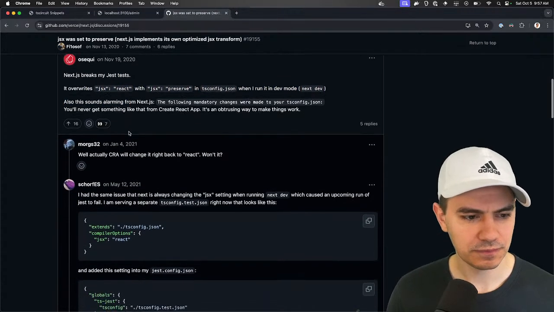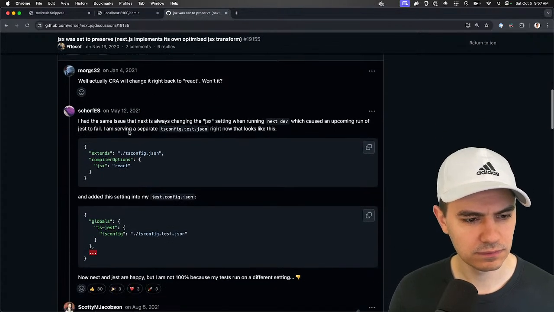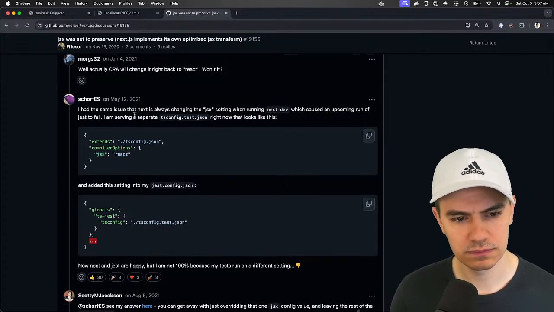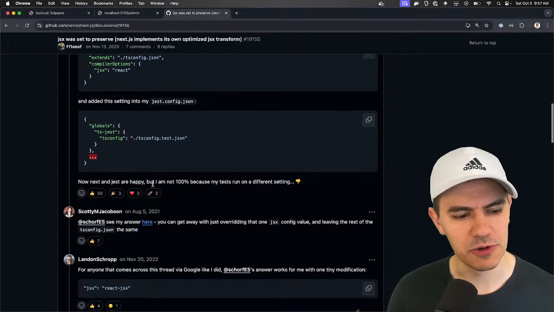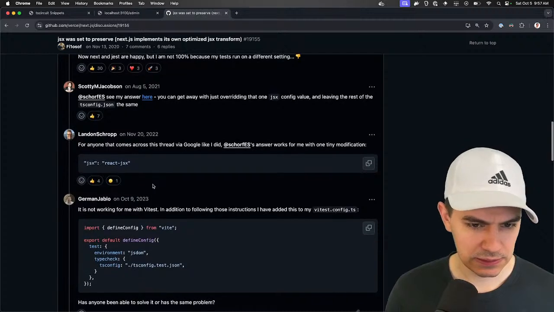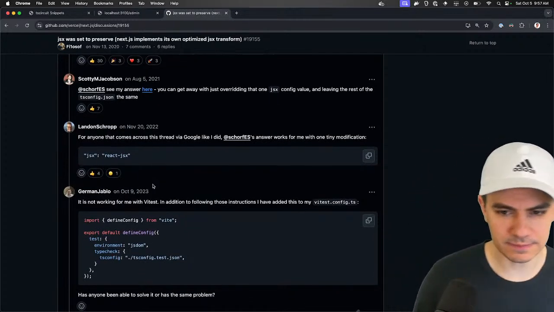Hmm. So most people separate into multiple TS configs. That's a bit annoying.